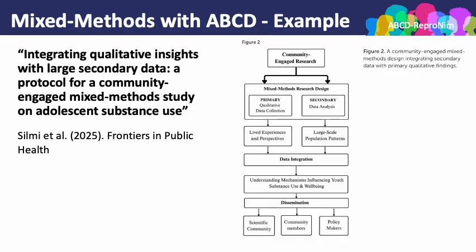We used the secondary data from ABCD to propose our models and our hypothesis testing surrounding how neighborhood factors influence substance use among adolescents. And we simultaneously conducted a qualitative study, with a much smaller sample of youth in a neighborhood that matched the sample characteristics of the at-risk group we were interested in studying, and we used the Childhood Opportunity Index to identify those neighborhoods.